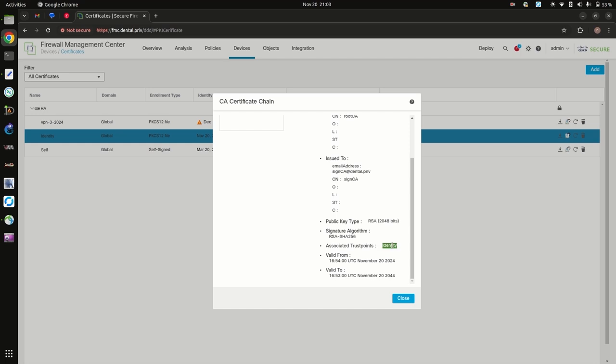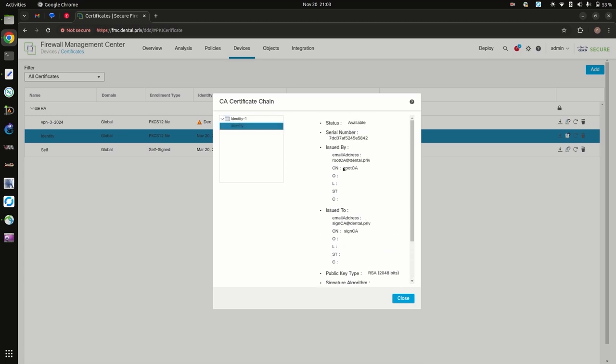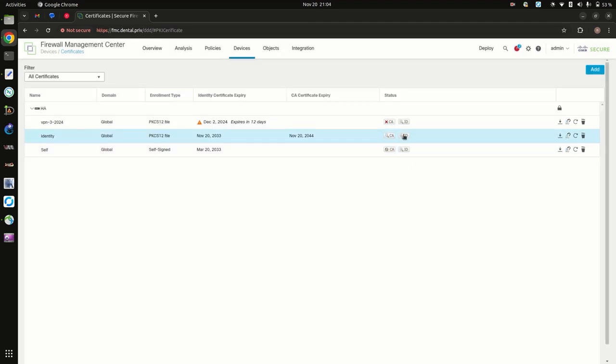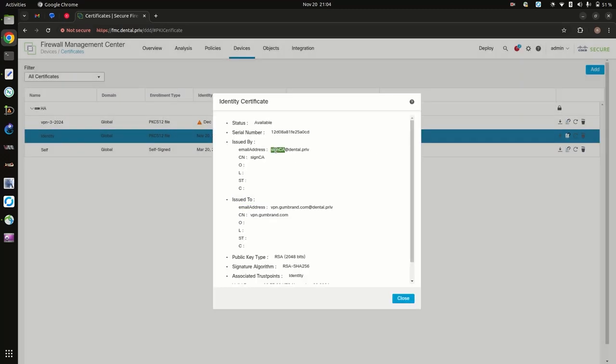trust point. For people that have been doing Cisco ASAs and before that PIXs and concentrators, I don't understand why they just didn't keep calling this a trust point. But anyway, now you can see this was the whole chain. The signed CA is signed by the root CA, and that's on the CA magnifying glass. If you go into the certificates, you can see signed CA issued to the one that we did in our